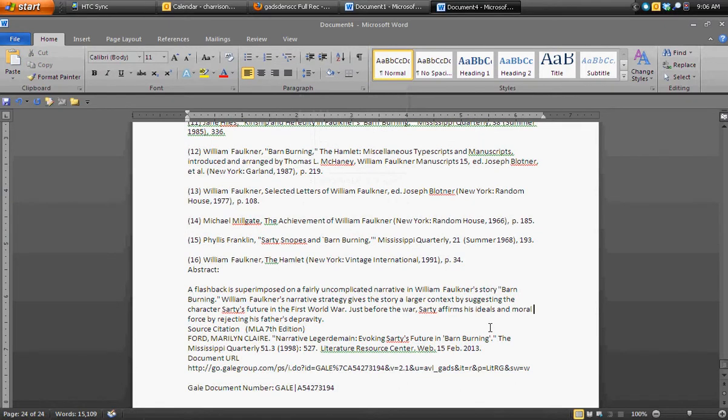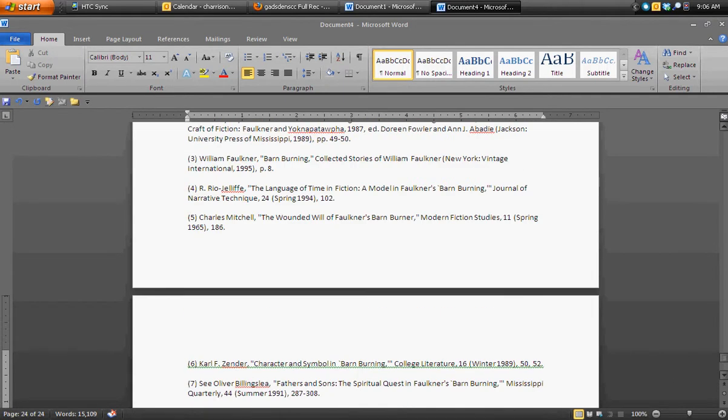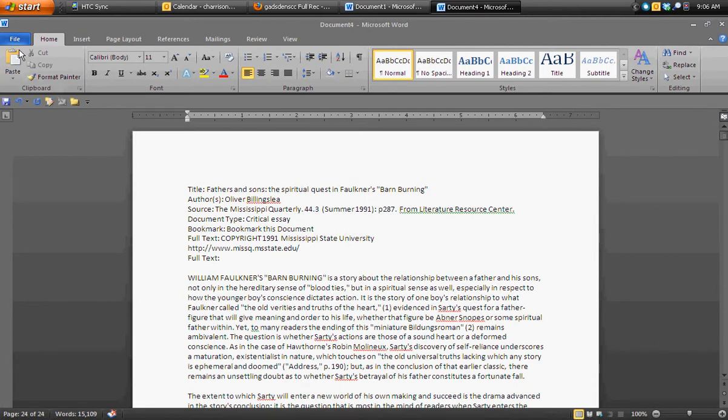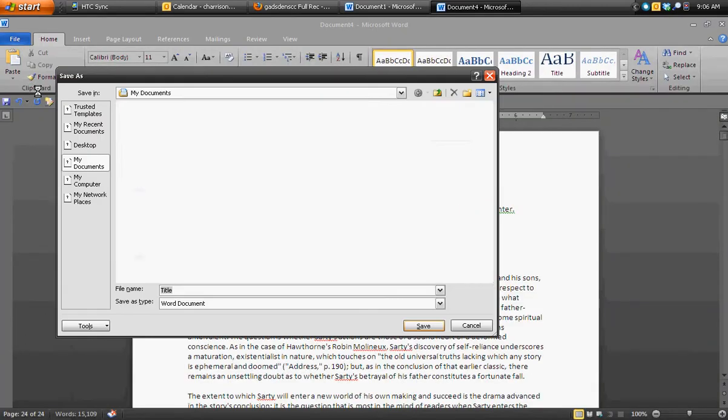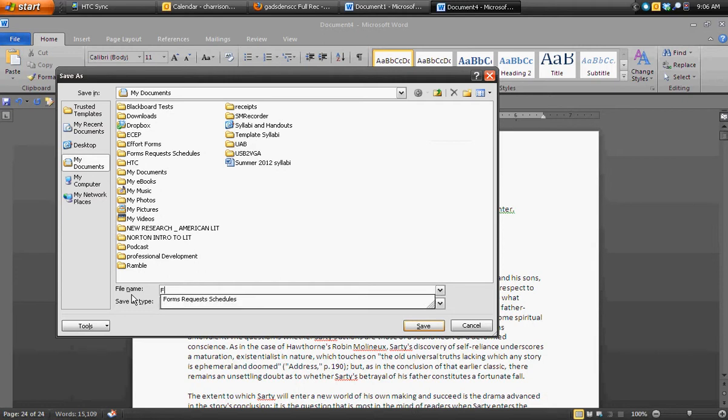And instead of having 6, 7, 8 different files that I have to carry around with me and print separately, I save this whole thing as, this is going to be my Faulkner Research Documents 1, right? And now if I come back later and I save another grip of them, I'll call it Faulkner Research Documents 2, so that I know that sort of thing.